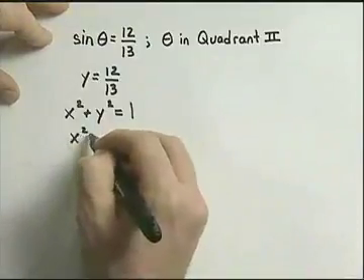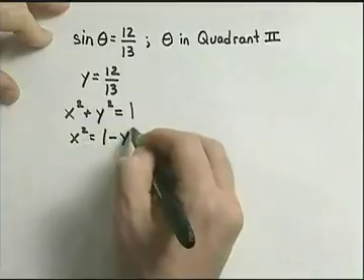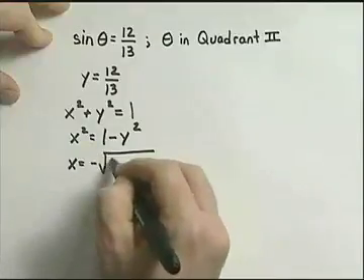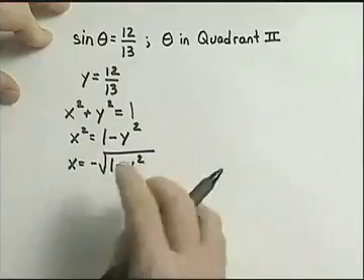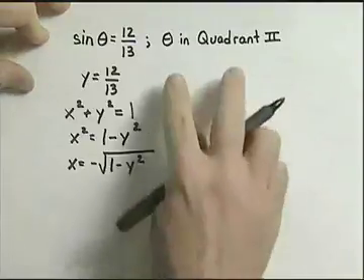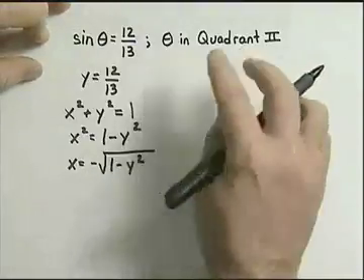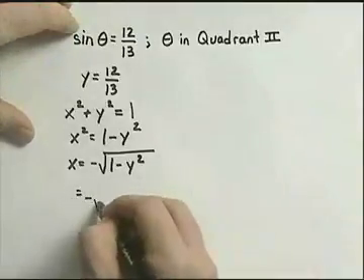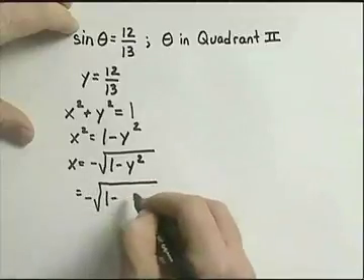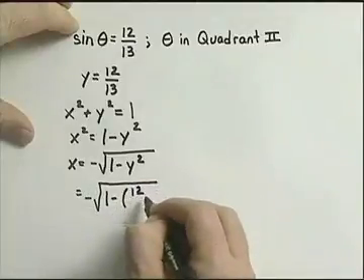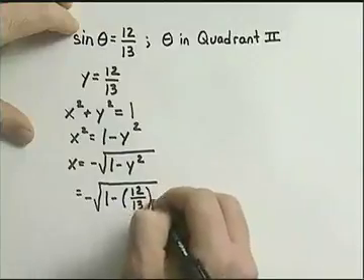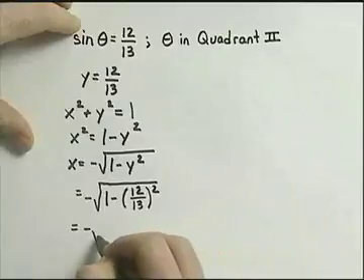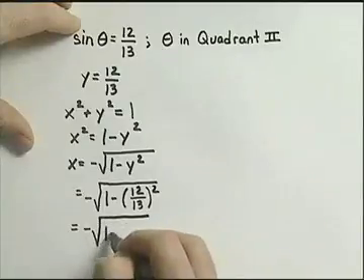So x squared equals 1 minus y squared, or x equals the negative square root of 1 minus y squared. Again, it's the negative square root because theta is in the second quadrant and x values are negative in the second quadrant. So what is this x value? It's negative square root of 1 minus 12/13 squared. So what I have is negative square root of 1 minus